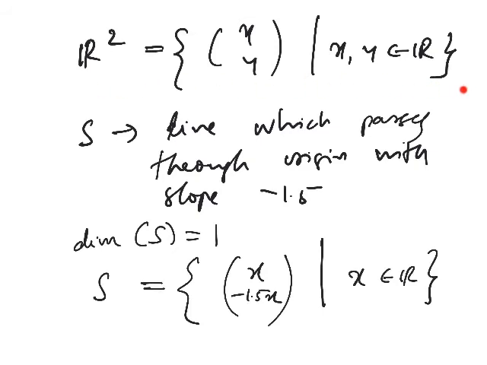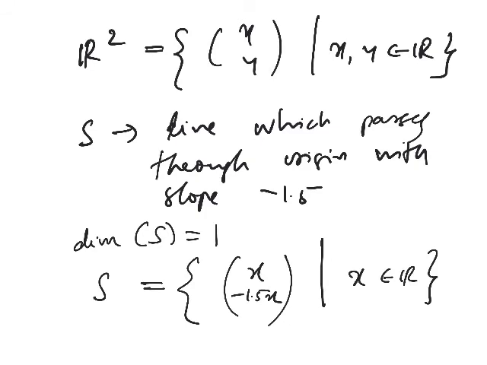But if you take R3, and I am taking a subspace z equal to 0. When I say R3, all the points in R3 which satisfy z equal to 0, what is that? It is the xy plane. It looks like R2, right? It is the xy plane, it looks like R2, but how are the points in that plane represented? It is represented as x, y, 0. The last element has to be 0. Is that clear?